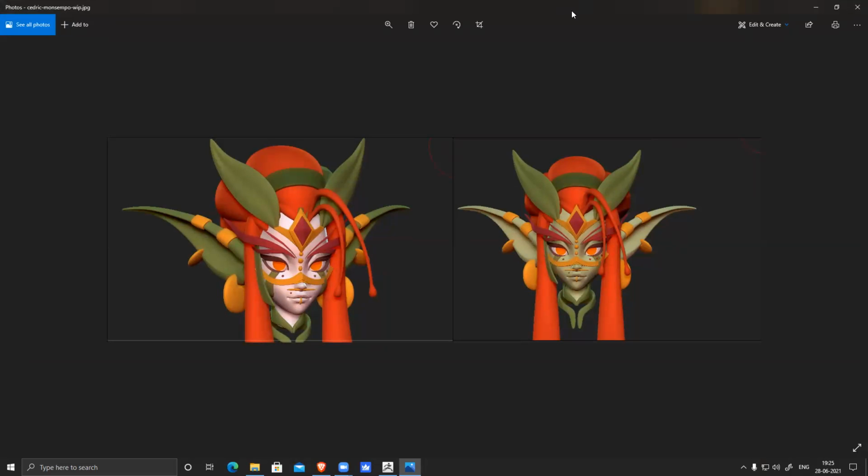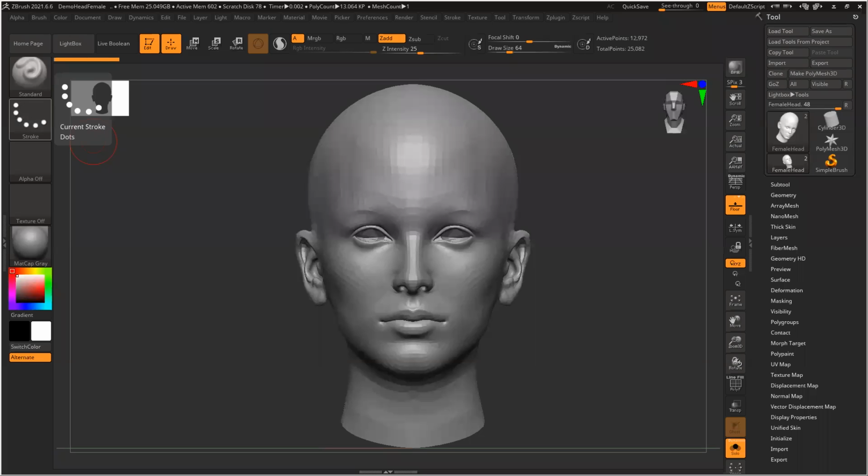We got the basic shape, but you can see proportion-wise it's entirely different. Eyes are very big, lips are small, the nose is really tiny, the forehead is big, and the ears are completely different. All these things are completely different. So how do you manage with this model? Let's see.